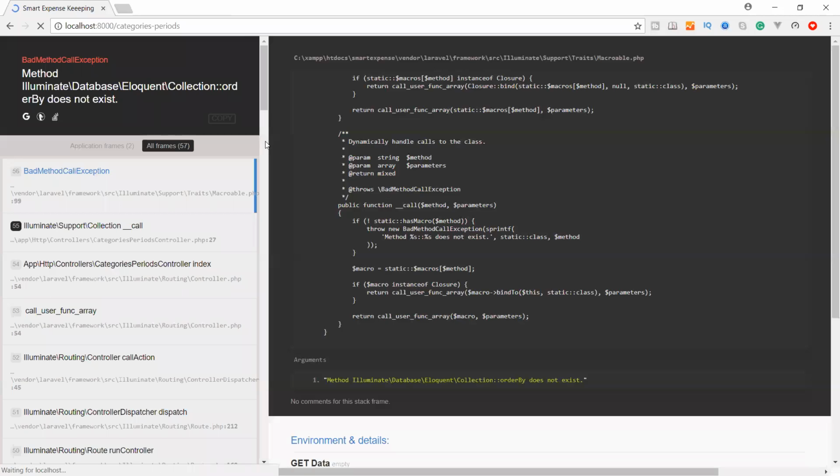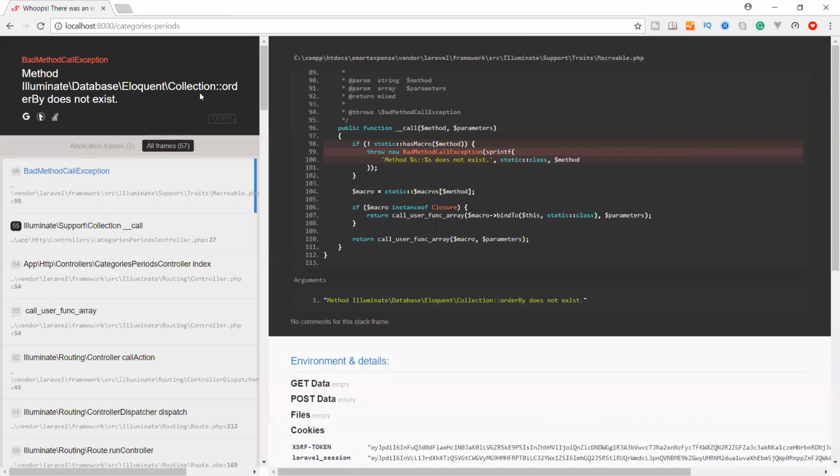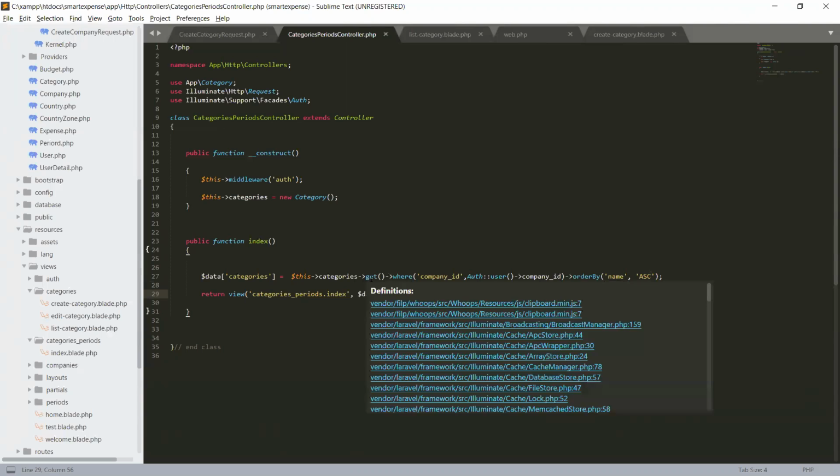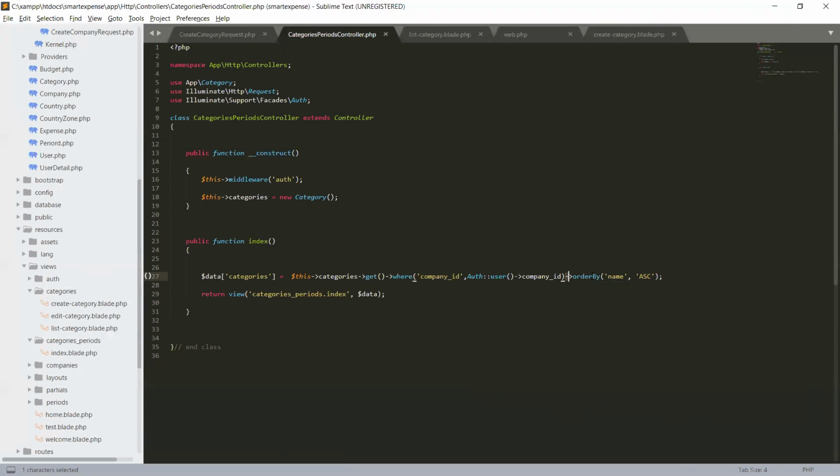So it will give an order by, the Lumen database collection order by. Categories.